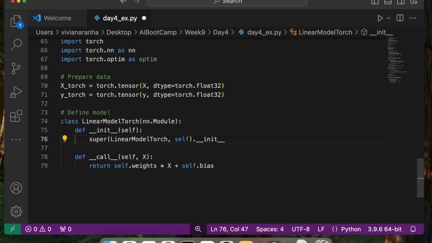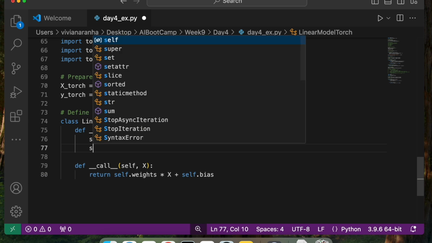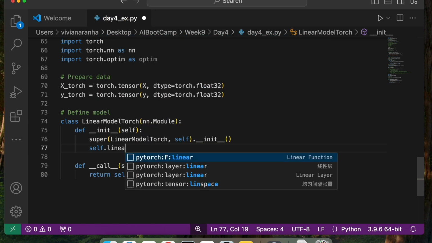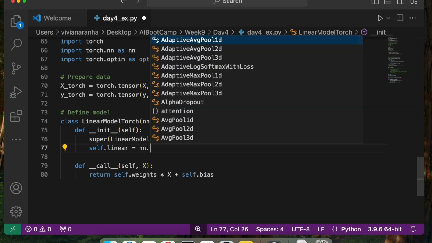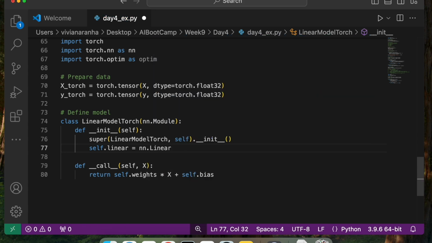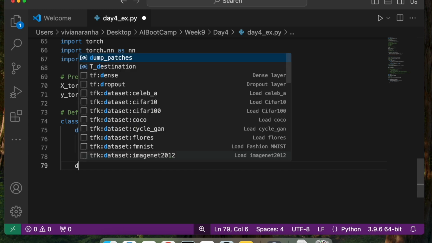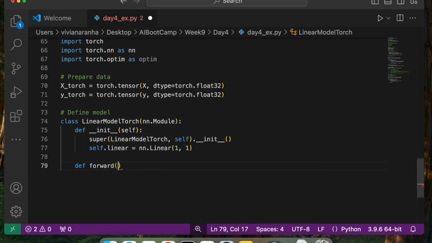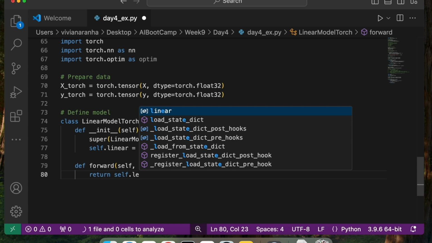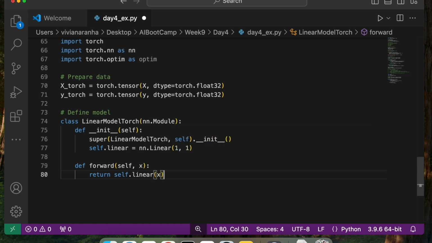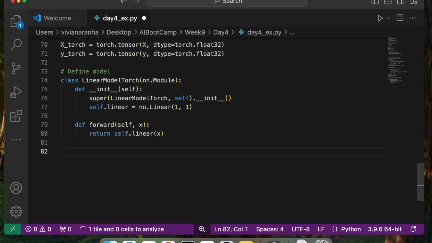So it has that function, so I can directly call that. And then I can say self.linear equal to nn.Linear, and pass it values of 1, 1. Next, I don't need the call function. I will create another function here, call it forward, pass self and x. In here I will return self.linear of the value x that is passed to me. So that's our model definition.